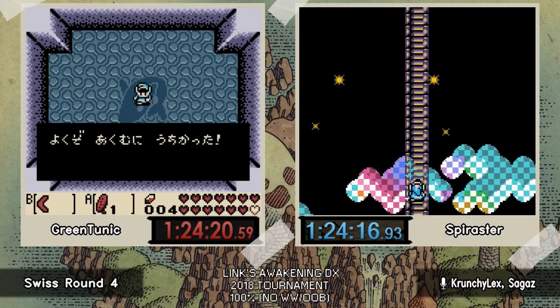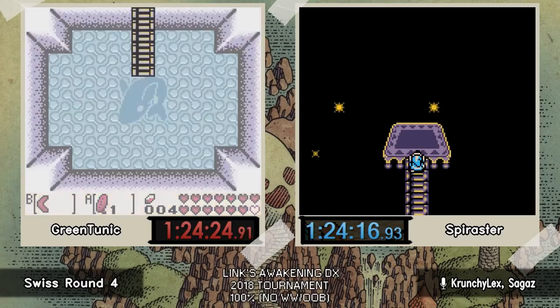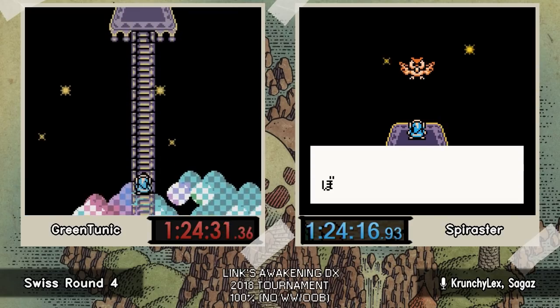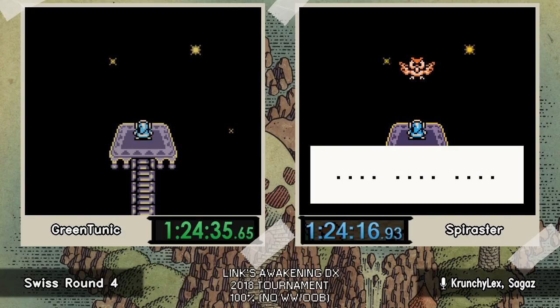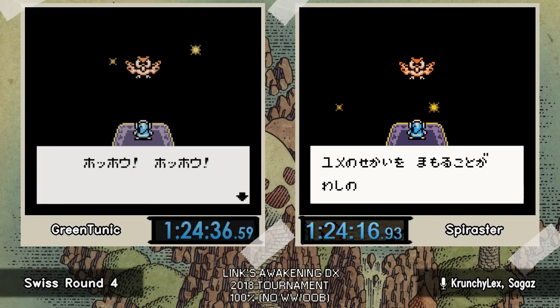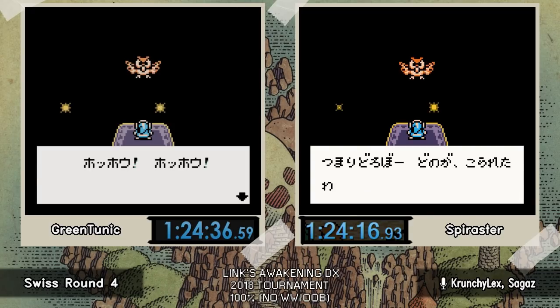And just like that, Spiraster is our winner today with an official SRL time of 1:24.18. GreenTunic with a 1:24:35. Oh, he did the dot on a little bit late, I guess. Yeah, so actually, I think it's a PB for GreenTunic. It was probably 1:24:20 something. That was less than 10 seconds apart. Yeah. Very close race. Good job for